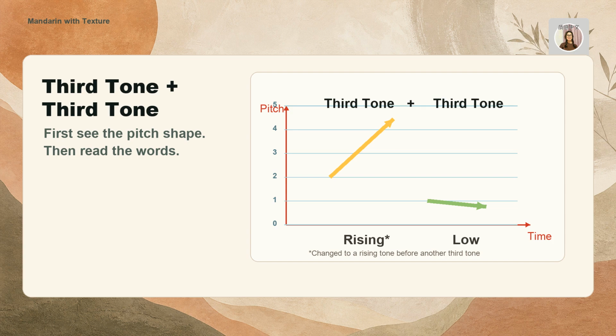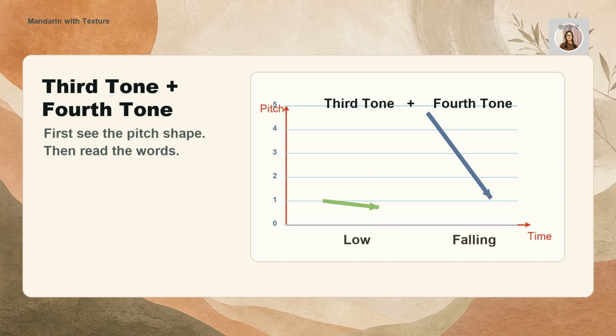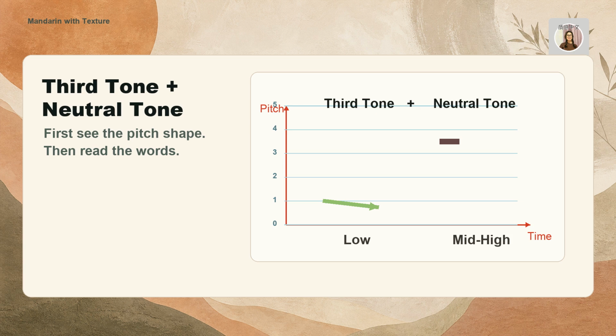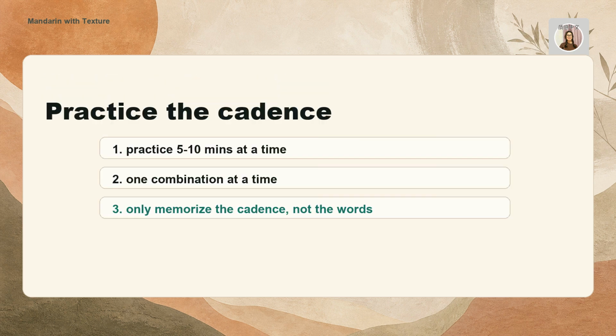Read after me. 你好，水果，勇敢，洗手，老虎，老板，如果，可以，也许，想法。Third tone plus fourth tone sounds like 大. 感谢，可爱，可是，礼貌，总是，搞笑，满意，想象，眼镜，理发。Third tone plus neutral tone sounds like 大大. 姐姐，奶奶，嫂子，饺子，早上，晚上，我们，怎么，耳朵，狗狗。Practice these combinations for 5 to